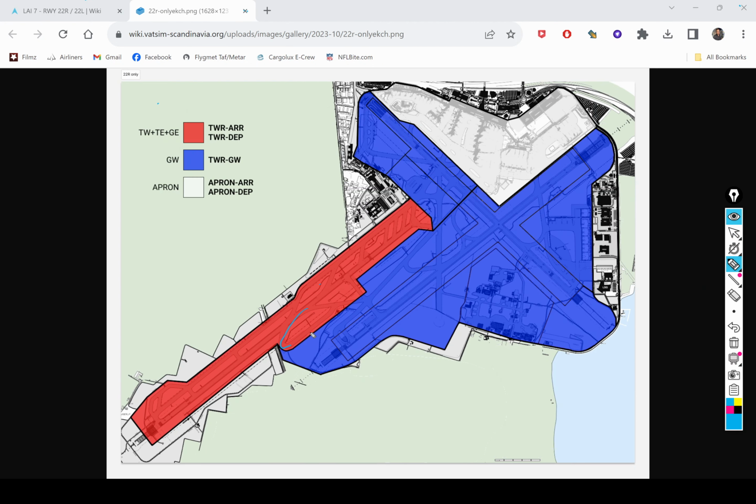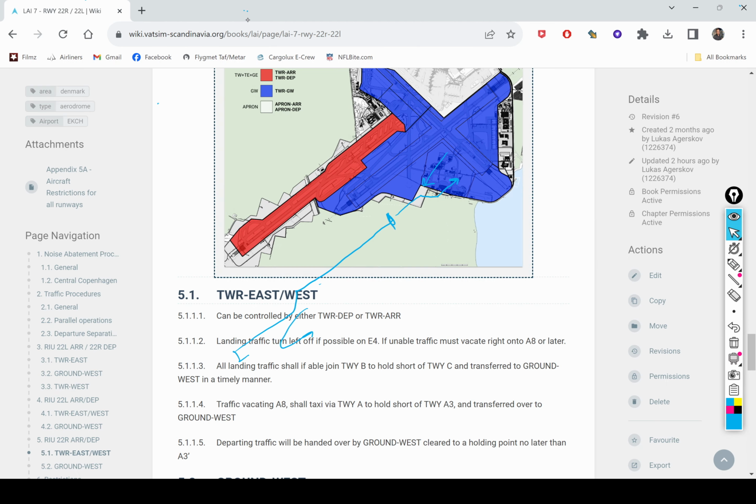So that means they have to go off Echo 4. If they can't, they have to go off at Alpha 8, then have to do Alpha to hold short of Alpha 3, is what the procedures will state. Then from there, they will be taken by Ground West. That's going to take them down via Delta to cross them over because, of course, you're going to have departures coming this way. So these kind of tricky procedures are being